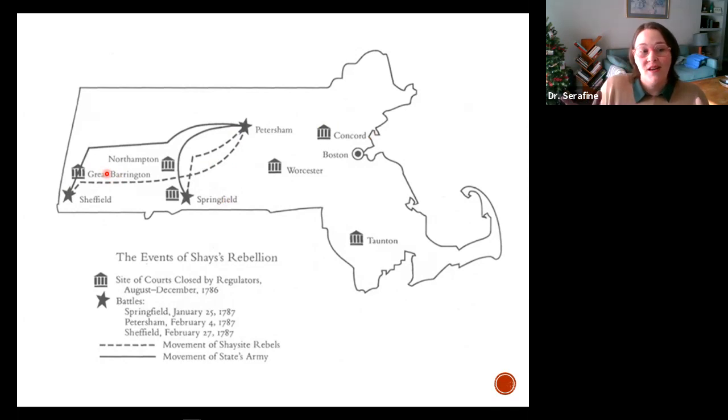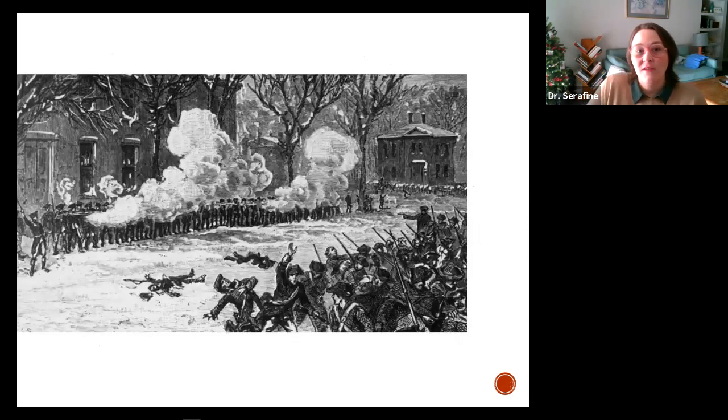His wealthy friends give him the money to do this because, after all, what are they going to get out of this? All that bond money that they bought for pennies on the dollar. They help to raise money for a private army, mostly made up of working class folk over here in the port city who don't have property, who aren't necessarily aligned with the same desires of the farmers, that just need a job. So this is the forces that clash in Springfield in 1787.